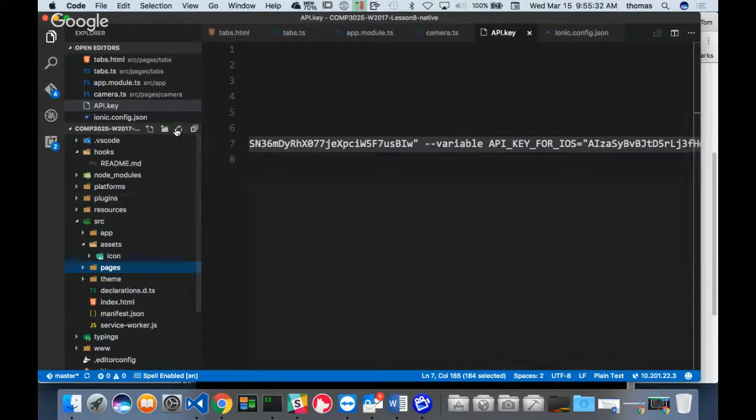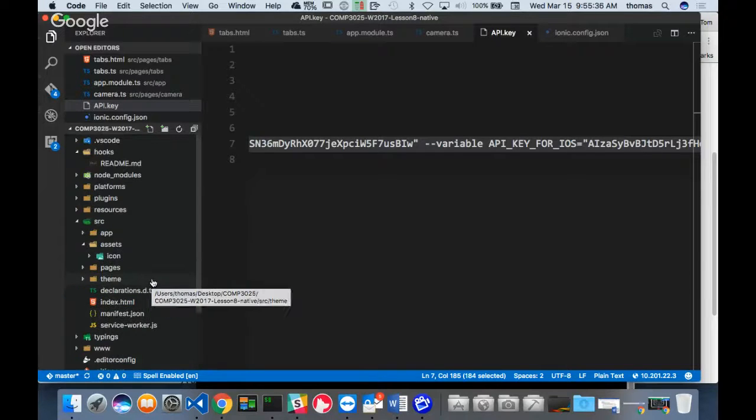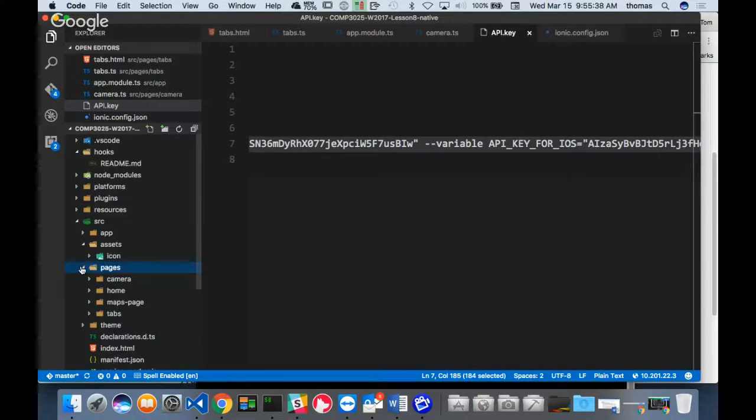Where did it go? Pages, see, maps. Yeah, and now it said maps page because I called it maps page. But in tabs, where we have this part,